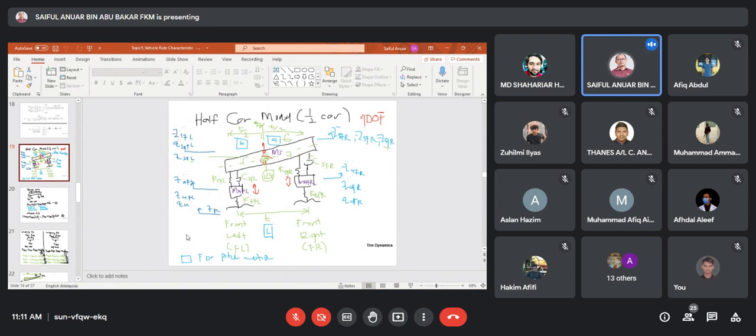When it comes to half car and full car modeling, we're going to have a higher number of equations, and when we model using MATLAB Simulink, it's going to give us a lot of wires